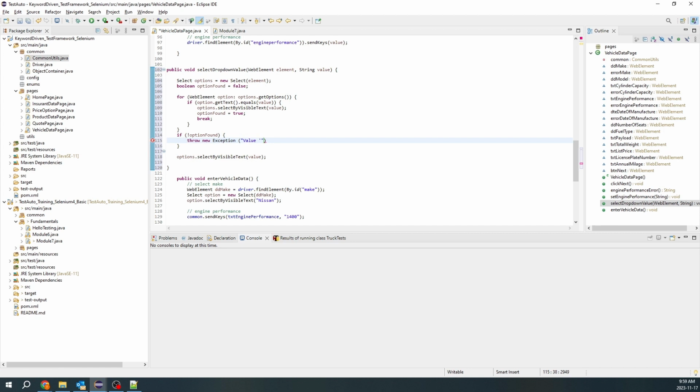Let's say in single quotes, I want to add single quotes across my value, plus the message, so that it's clear: not available in the dropdown. So what we are doing is throwing an exception,